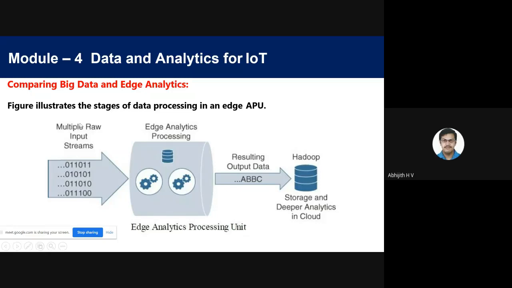The edge node collects this raw input or raw information, and then there will be a processor in the edge node. So the edge node has the capability to store the data, process the data, and take the action. So it has all the required resources, processing capability and memory. So both will be there. So the data will be taken and processed, and it may give the response immediately to the network, or it may process the data and forward it for further processing and for storage at the cloud.